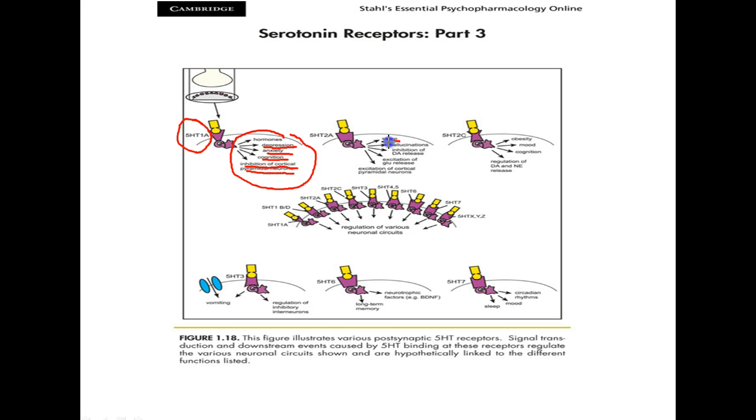5-HT2A, for example, is associated with sleep. It can be associated with hallucinations, inhibition of dopamine release. It can cause excitation of glutamate release, which is an inhibitory neuron, and cause excitation of pyramidal neurons. The 5-HT2C, of course, is responsible for obesity, mood regulation, cognition, and regulation of dopamine and norepinephrine. This is significantly important, and you will see when we correlate this clinically with the antidepressants, you will see a strong correlation there. And there are other minor ones, 5-HT3, 5-HT6 and 5-HT7, which